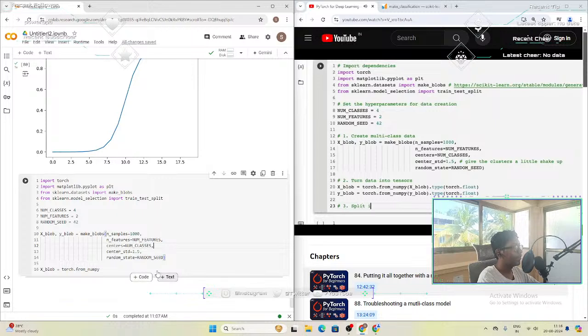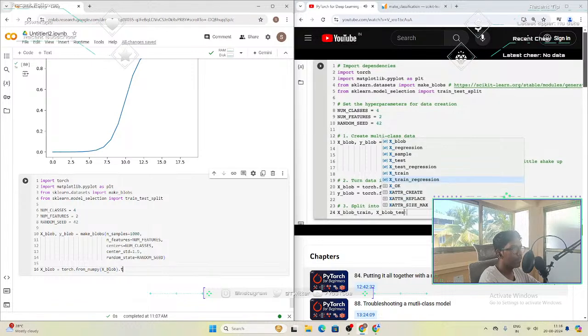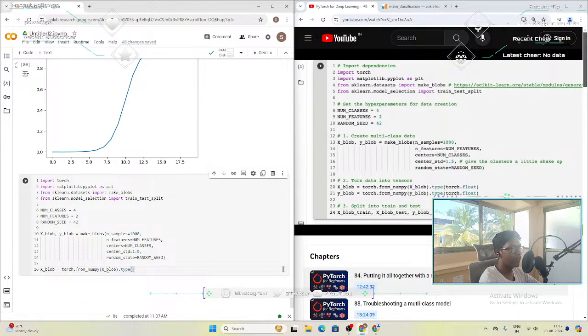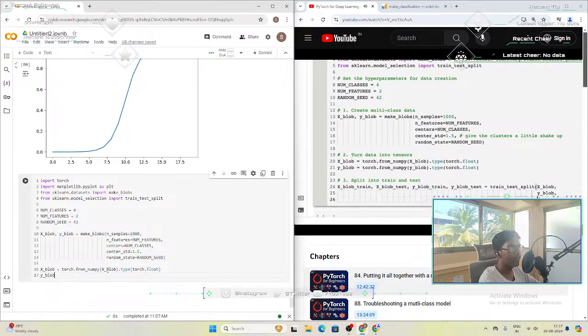So split into training and test, and we're going to create xblob train, xblob test. We'll keep the blob nomenclature here, yblob train and yblob test. And here's again where we're going to leverage the train test split function from scikit-learn. So thank you for that, scikit-learn. xblob, and we're going to pass the yblob, so features, labels, x is the features, y are the labels, and a test size. We've been using a test size of 20%. That means 80% of the data will be for the training data. That's a fair enough split with our data set. And we're going to set the